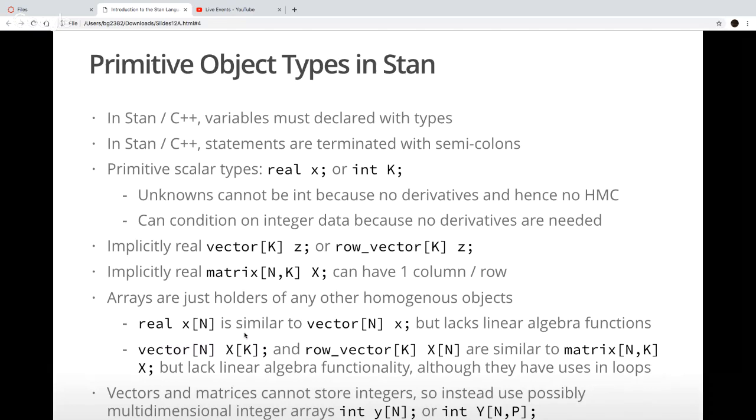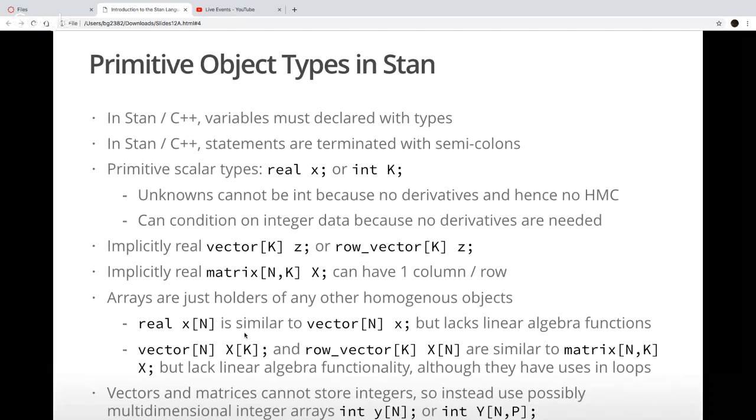Whereas if you declare it as a matrix of size n by k, the columns are not necessarily going to be in contiguous memory, and it's not as easy to reference them by indexing. But that's really just a performance thing. You could get it done with a matrix.